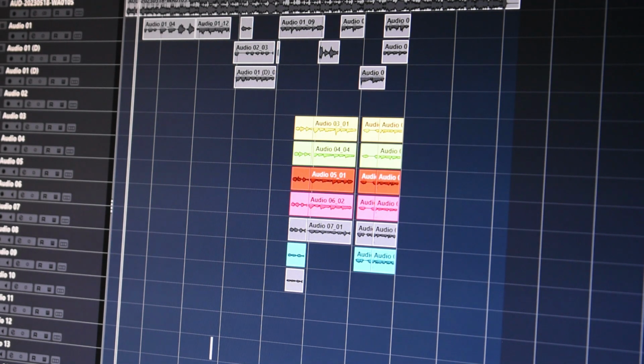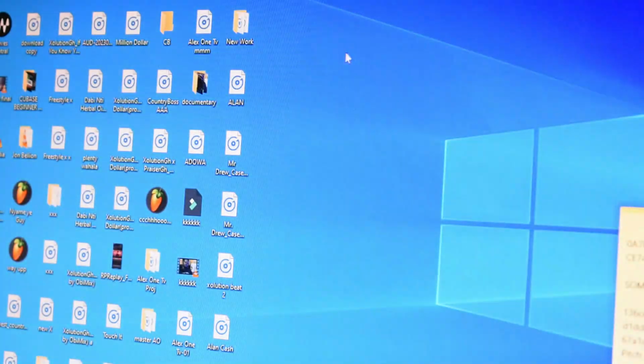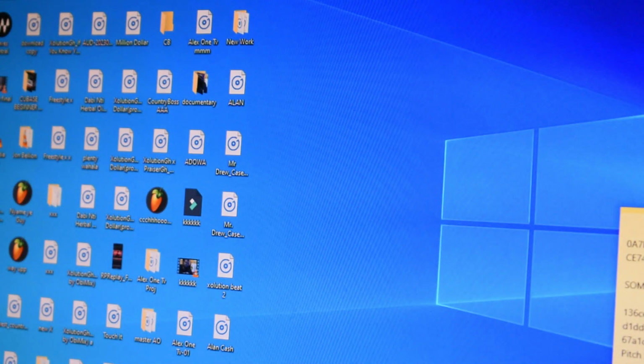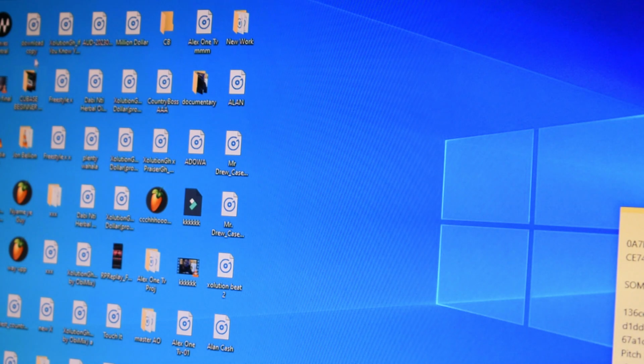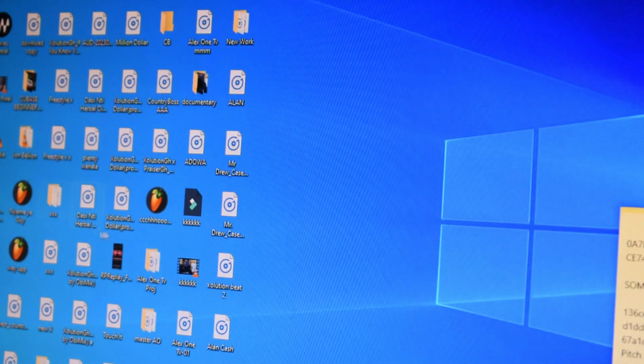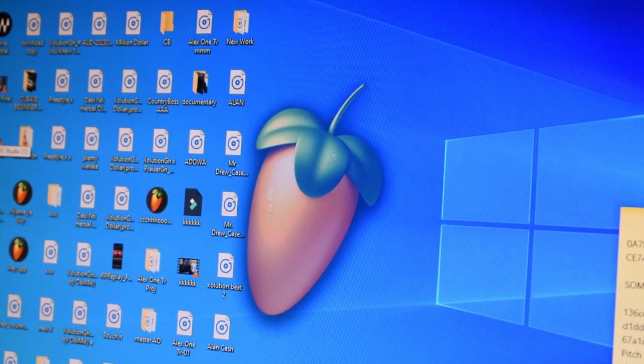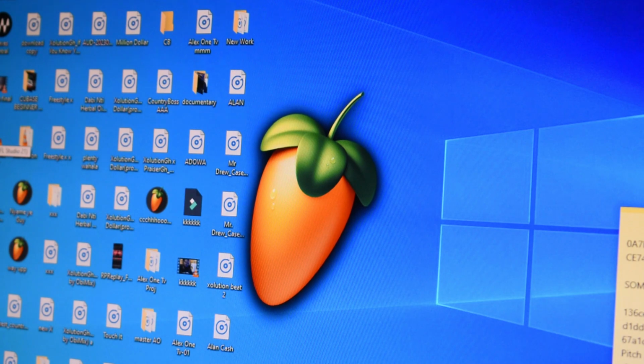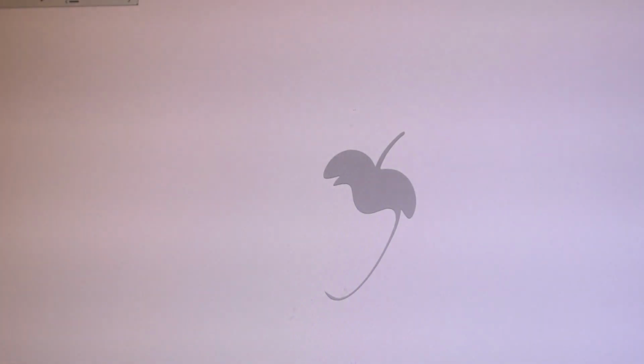I encountered a problem and I want to share with you how I solved it. After the release of FL Studio 21, I needed to install it. So I installed it and